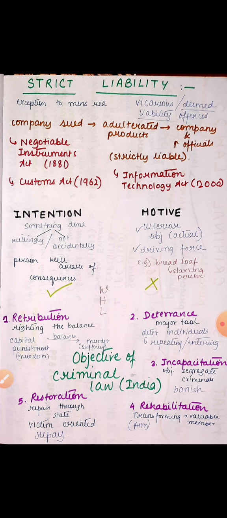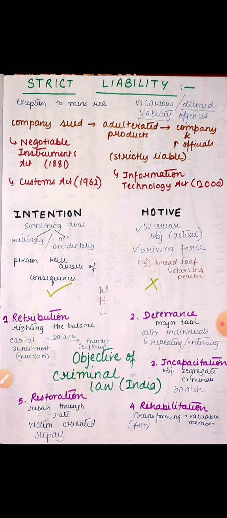So, directors or any responsible officers of a company, if the company has committed any offense, are deemed to be the ones who are responsible for harming the persons concerned. This is the exact wording of your textbook, and we are discussing such acts which constitute strict liability or are punished by some special laws.